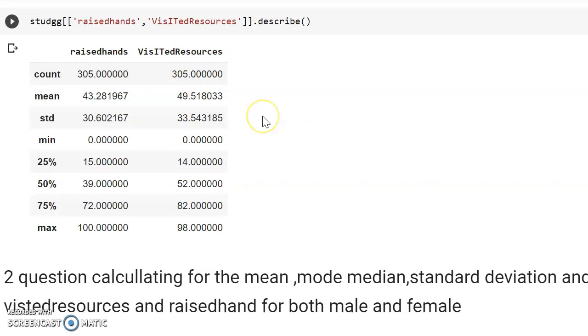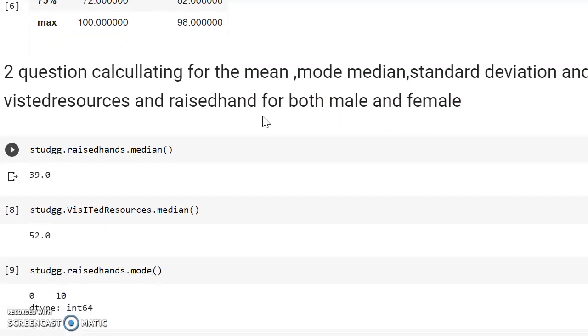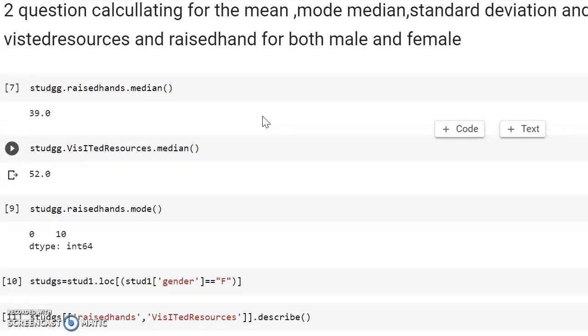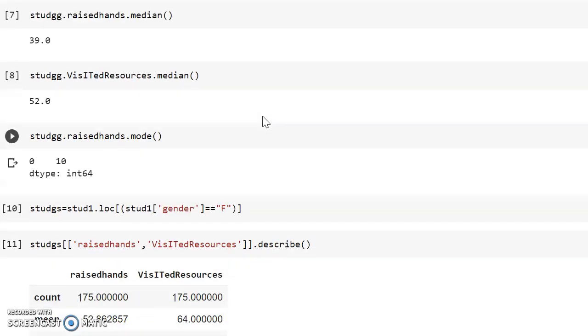So in this first question, we got low class, medium class, and high class between the females and males, and I described the raised hands and visited resources. I have also calculated the mean, mode, and median for my attributes, raised hands and visited resources.